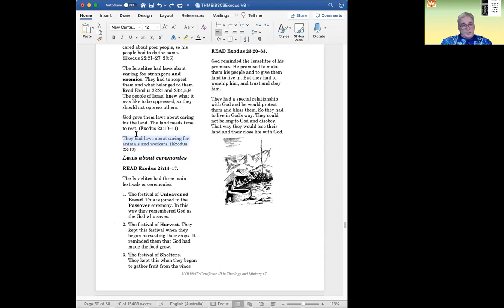I encourage you now to have a look at Exodus 23. So we're going through a couple of chapters here. Exodus 23, just look at 14 to 17. And this picks up 3 of the festivals, so the ceremonies. Now, later on, there'll be a couple of other ceremonies added to this, so that they would have these 3 festivals. So if you've had a look at it, there's the festival of unleavened bread, which flows into the Passover ceremony. So, in this case, it's a long ceremony running for